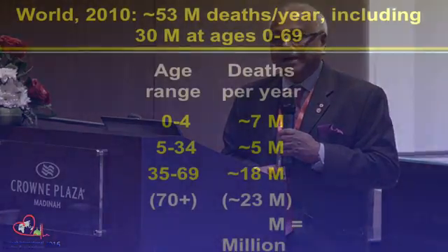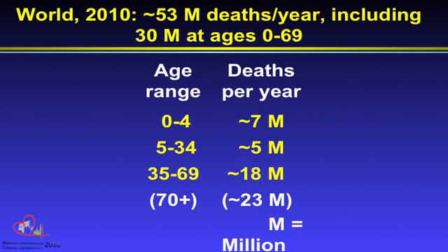And so we're going to look at deaths before the age of 70. Now, as I get closer and closer to 70, the cutoff for old age changes. So the first thing is we're going to look at deaths under 0 to 4, 5 to 34, and 35 to 69, because the causes and the types of deaths are different, and can we reduce mortality in each grade? Now, in 2010, there were about 50 million deaths in the world,